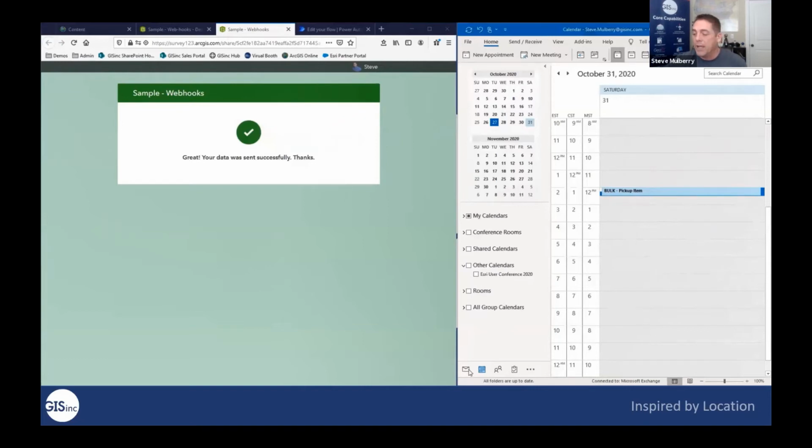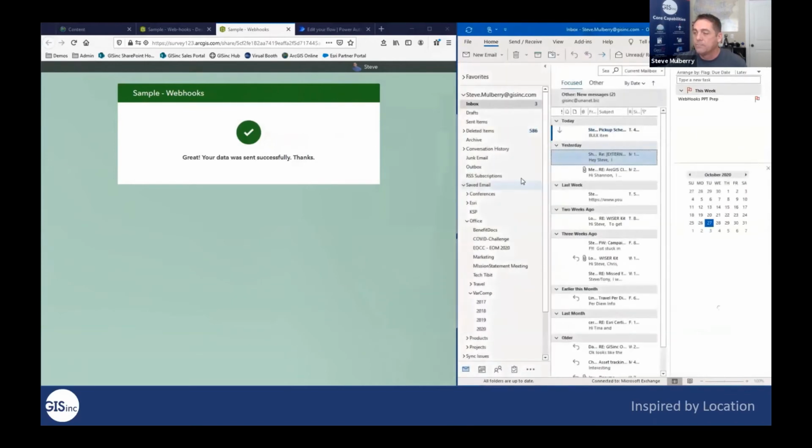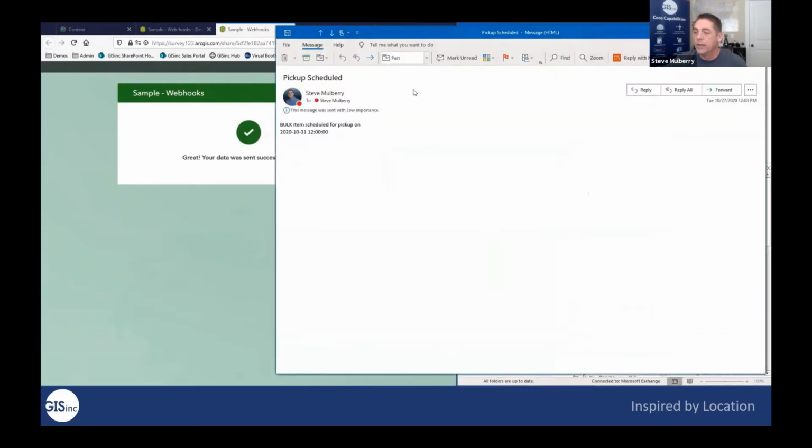So then my Outlook should receive that email. In this case, here it is, and it notifies me that the bulk item was scheduled for pickup on this date and time. So you can kind of see how you can leverage webhooks to extend what Survey123 is doing already by collecting information, but also then maybe alerting people or setting up calendar invites or text messaging somebody, extending that process and sort of closing the loop on whatever you're trying to do inside of that survey